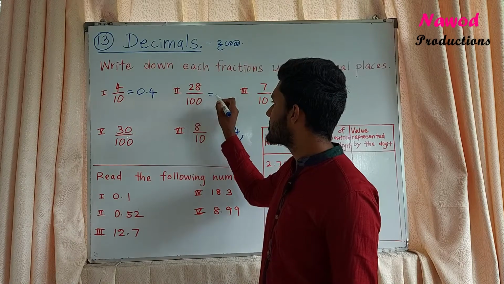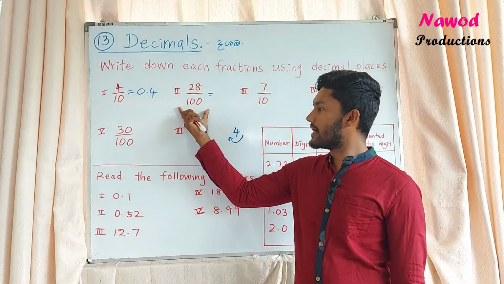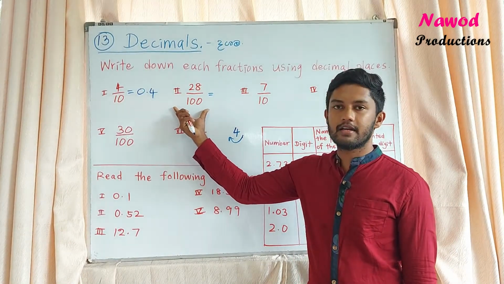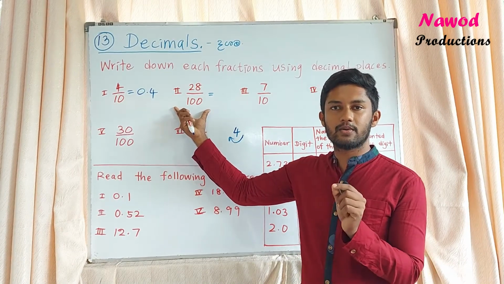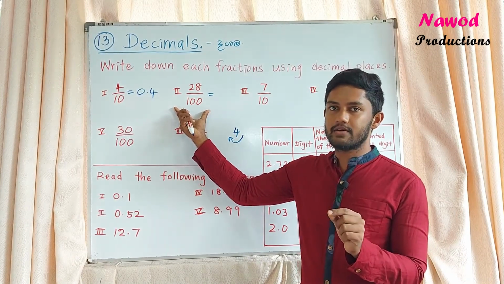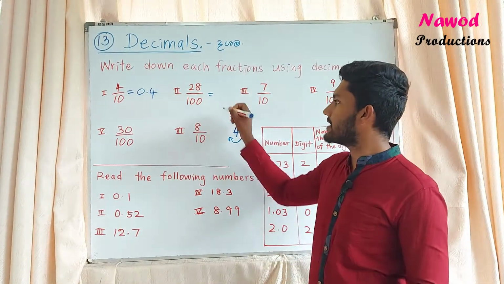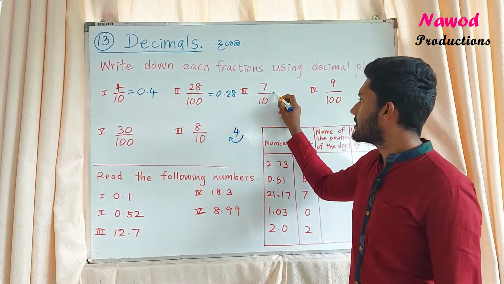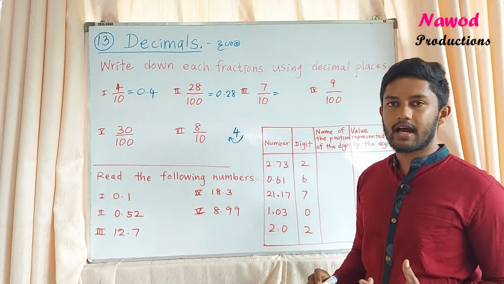Then dear students, when considering 28 over 100, the decimal point moves forward 2 times to continue this decimal value. Then the answer is 0.28. Then here 7 over 10, easily you can get the answer as